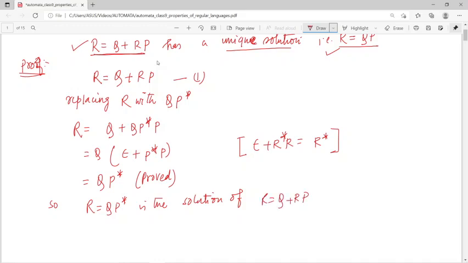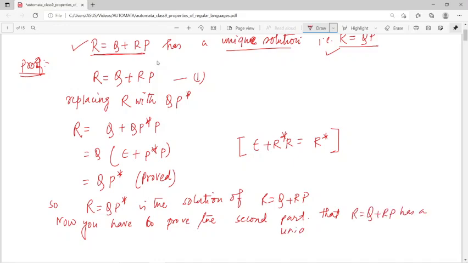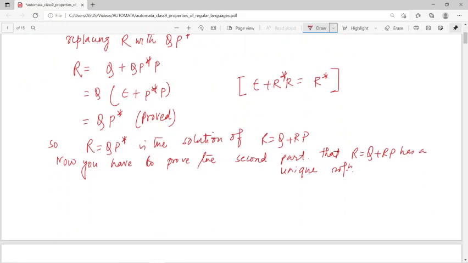So now we have to prove the second part. And what is the second part? That R equals Q plus RP has a unique solution. So what we know is that R equals Q plus RP, or you can write Q plus, in place of R,